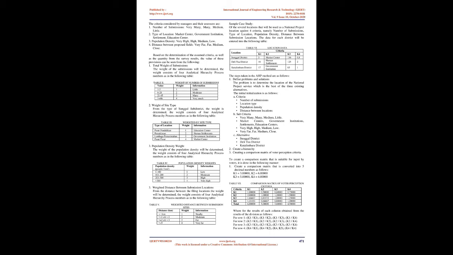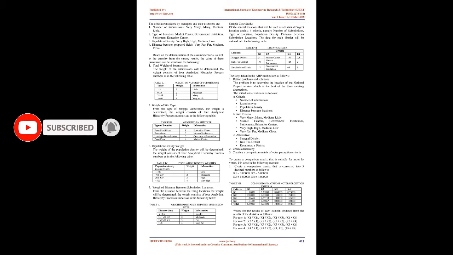These steps are: A. Add up the values from each column in the matrix. B. Divide each column value by the column total in question to obtain the normalized matrix. C. Add up the values from each row and divide by the number of elements to get the priority value. 5. Measure consistency. The things that are done in this step are: A. Multiply each value in the first column with the relative priority of the first element, the value in the second column with the relative priority of the second element, and so on. B. Add up each row. C. The sum of each row is divided by the priority concerned and the results are added.